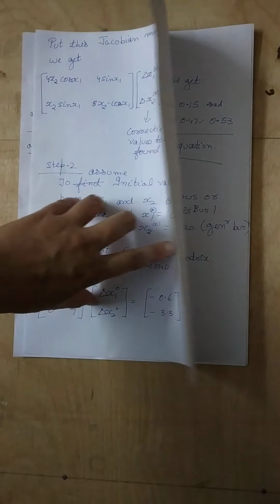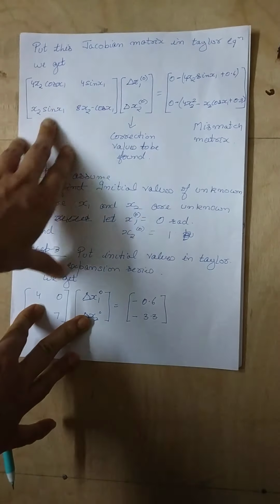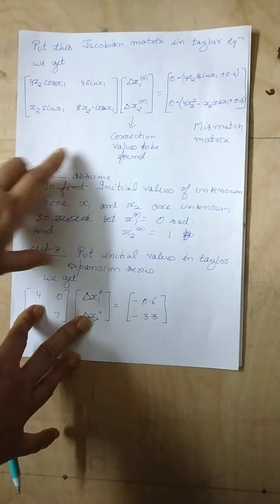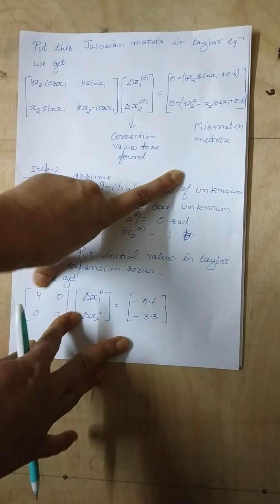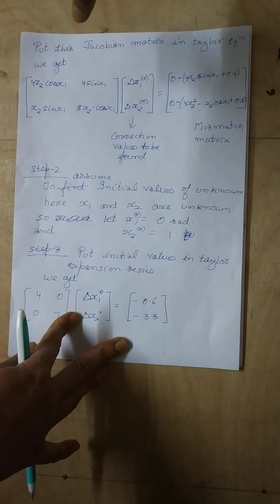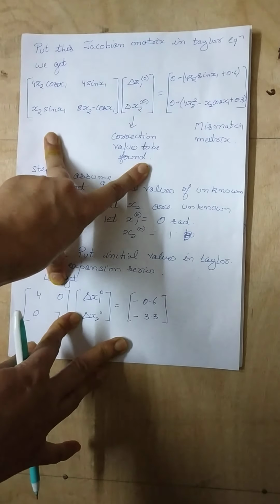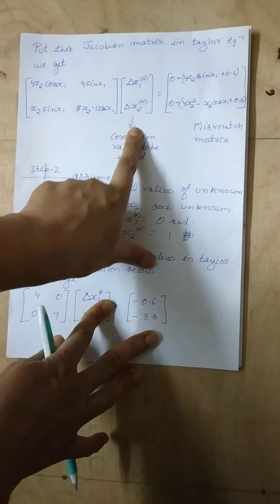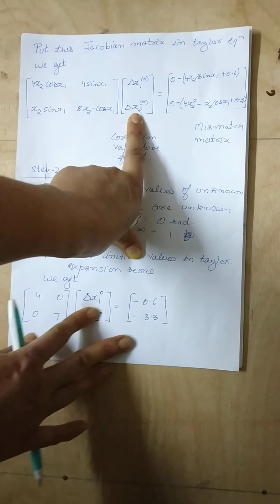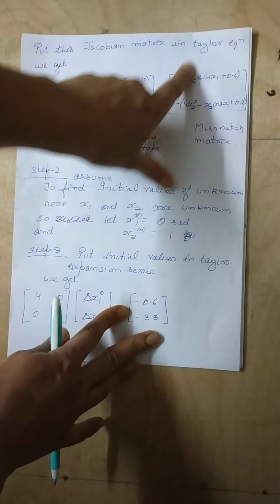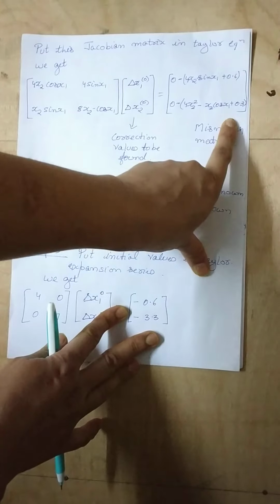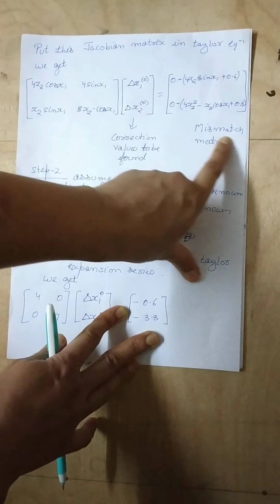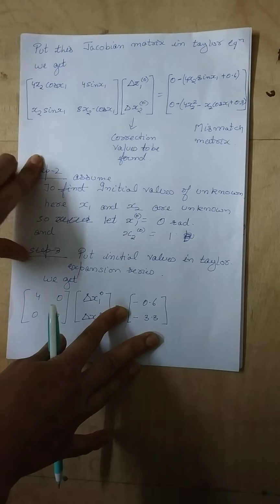Let's move further. So we will put this Jacobian matrix in our Taylor equation. This was my Taylor equation which I have discussed in my earlier lecture, and it is the most important equation in the Newton-Raphson method. In this equation, we'll put the Jacobian matrix with our correction values. These values we have to measure, and our function values in the form of this. So it is also very important. This particular function values, if we form in a matrix form, are known as the mismatch matrix. You should know these names as well.